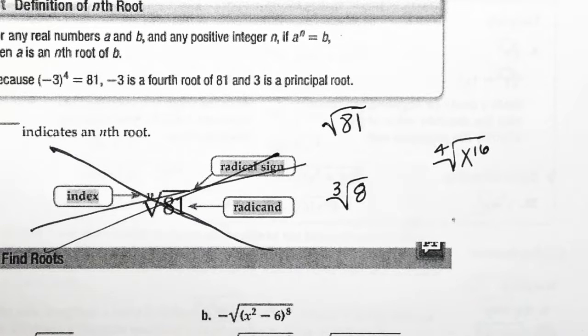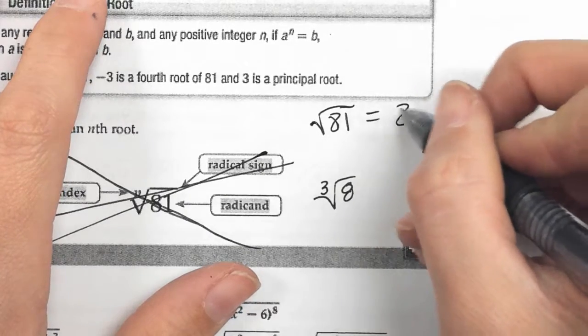Alright, right now all these are in radical form. What we're going to do to simplify them is first put them in exponential form and then simplify. And this is how we do this. Does anybody remember what I told you the square root of 81 is the same as raising 81 to the what power? 1/2. 1/2, good. The reason these are the same,